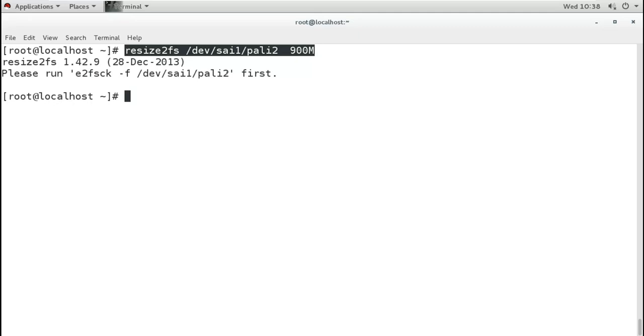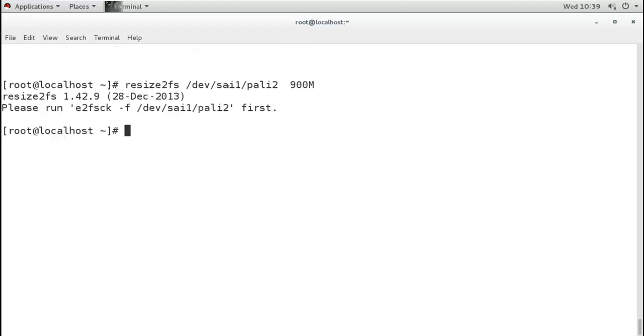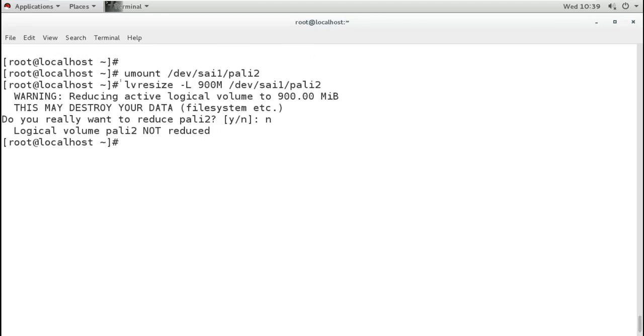And it knows when it runs this command. So when it runs this command, it knows whether the data is less than 900 MB or more than 900 MB. But this command, remember, when you run this command to resize the LV, this will not know anything. That means this command doesn't know what the size of the LV is right now, what the size of the file system is right now, what size is used and what size is available. It doesn't know anything.